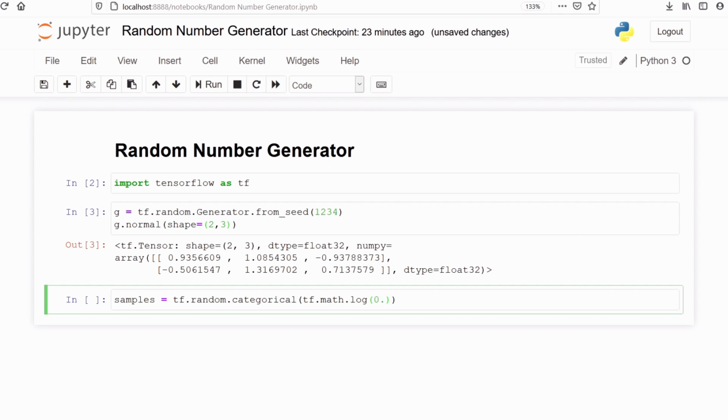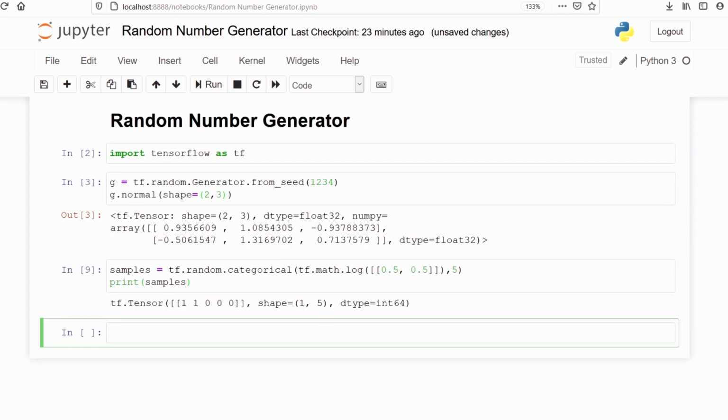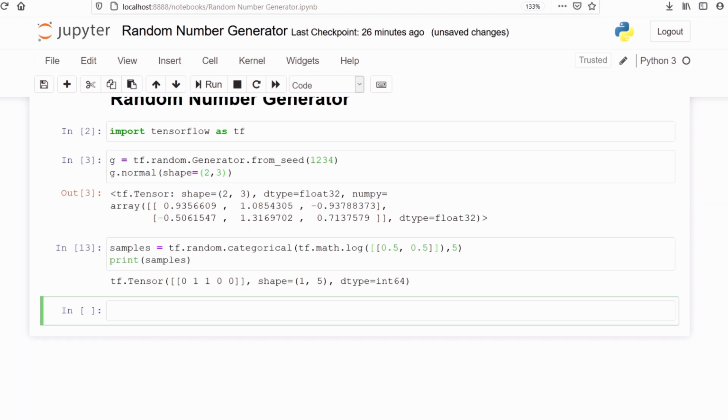This is what we are defining here, 0.5, 0.5. And how many samples we want to draw? We want to draw 5 samples. We can see we have got 5 numbers, 1 1 0 0.